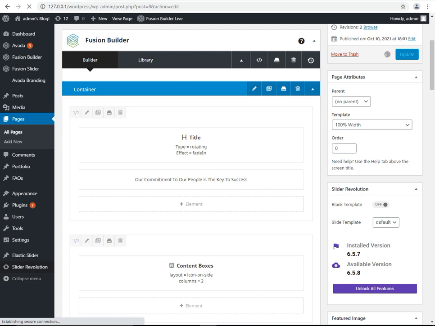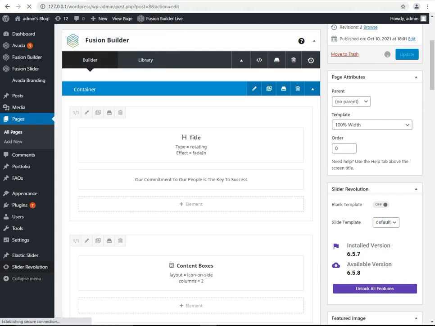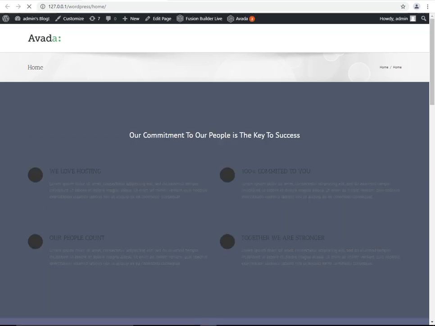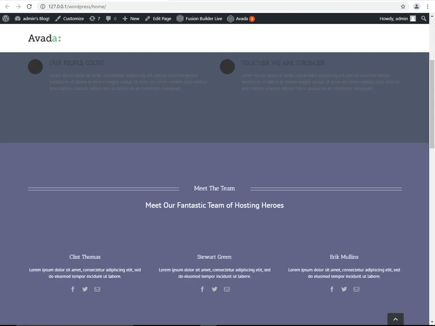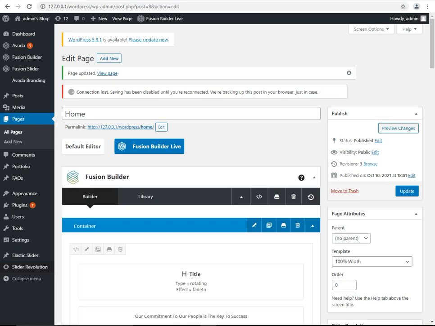The system will save and update this. I am going to home and again press the refresh button. The system will rotate this. You can see on your screen the system rotating these settings for us.